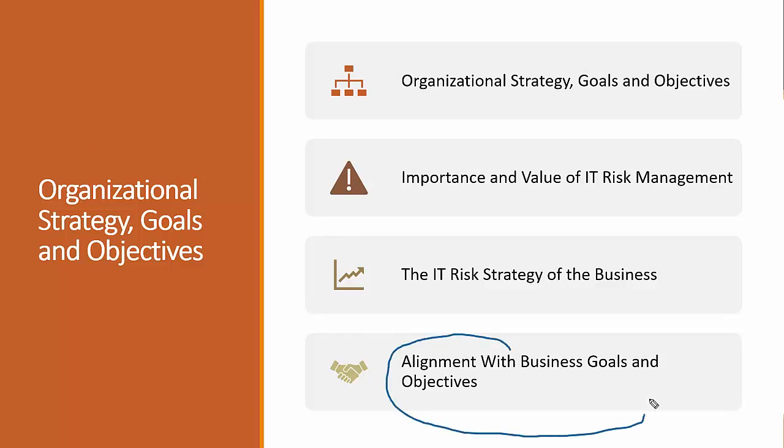First I'll discuss this part: alignment of the business goals and objectives. Risk management depends on the business goals and objectives. So the risk practitioner must be very careful not to consider risk from the perspective of one department or one process, but take the overall view, as an umbrella of the business goals. Risk management programs serve the organization, so the risk practitioner must remember to look beyond his or her own department. Risk practitioners should keep in mind that some lines of business that are currently prominent may not be part of the future strategy of the organization.